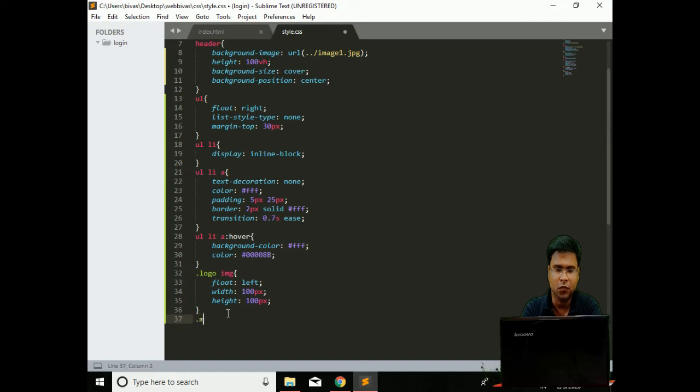Now what I can do next is I need to set the main.